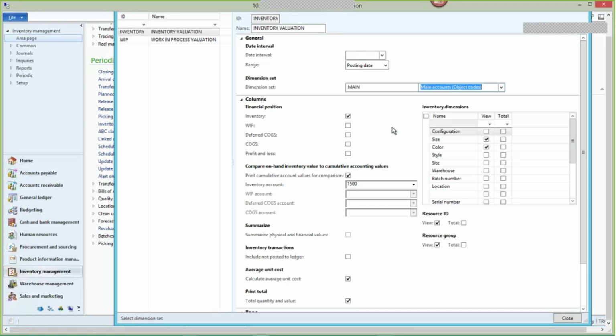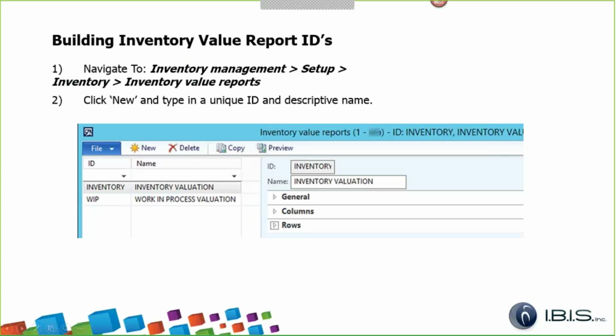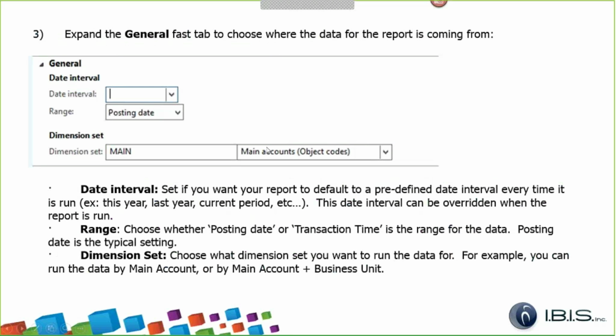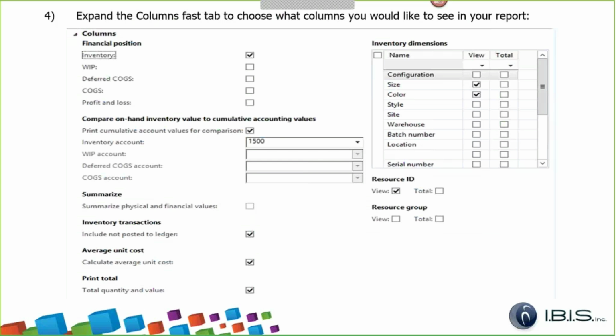Next, I'm going to skip back to the presentation. Here's a description of date interval, the range, and the dimension set. And again, this is a takeaway for you to utilize in configuration of your report or reports when you get back to your desk. Under the columns FastTab, which is what we're seeing here,